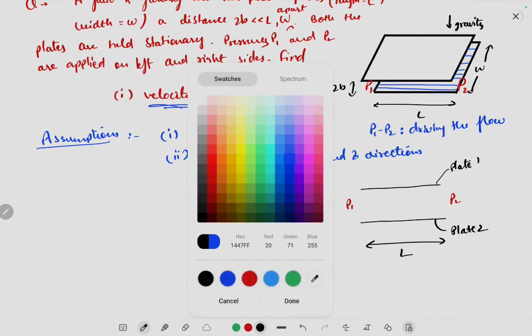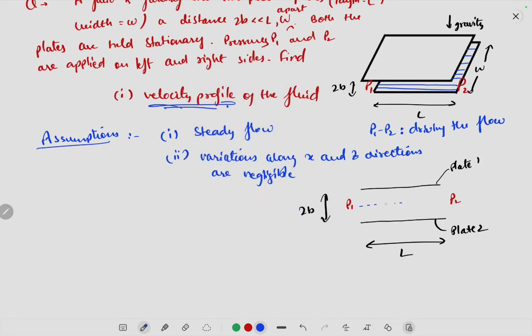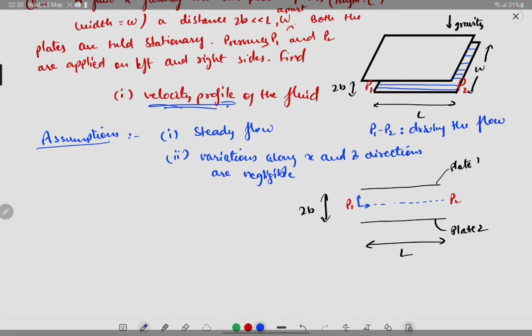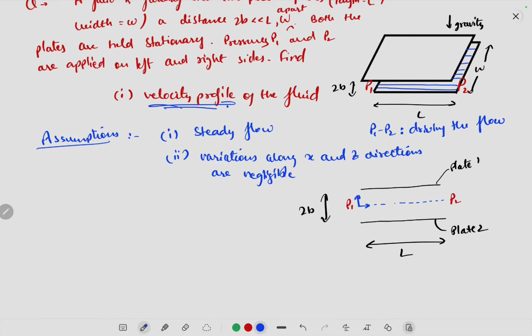Now let's consider my coordinate axis like this. The origin is at the center, between the plates, at the center of the distance separating the plates. Why I am taking this coordinate axis will be clear in a minute. So let's assume this to be x, this to be y, and the axis out of the